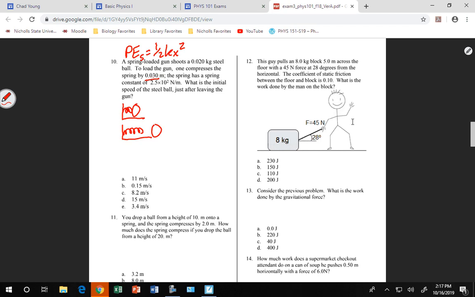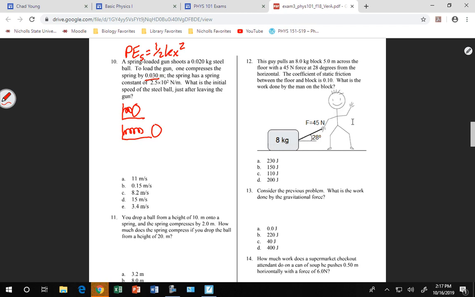What does it have here? Kinetic, elastic, or gravitational potential energy? What kind of energy, right here, where the spring is all compressed up and it's not moving? A potential, right? Gravitational or elastic potential. Elastic potential, right. So it has elastic potential energy here, and then after it shoots the ball, the spring